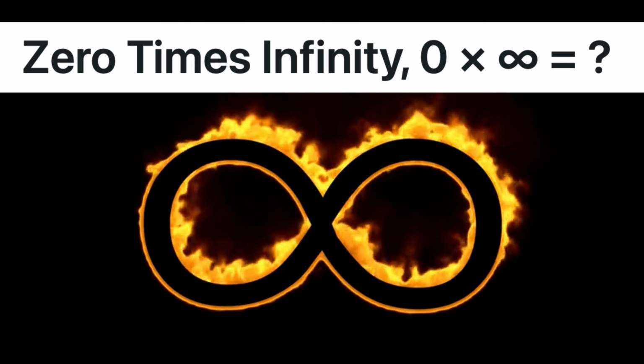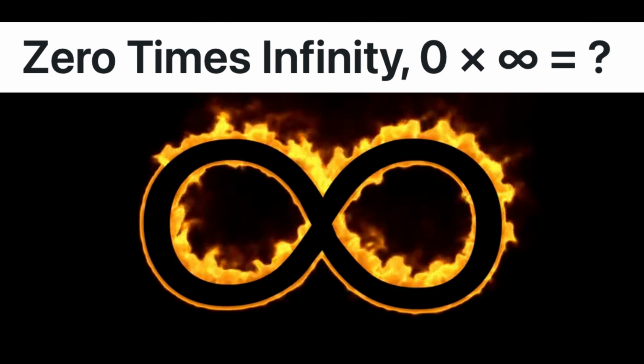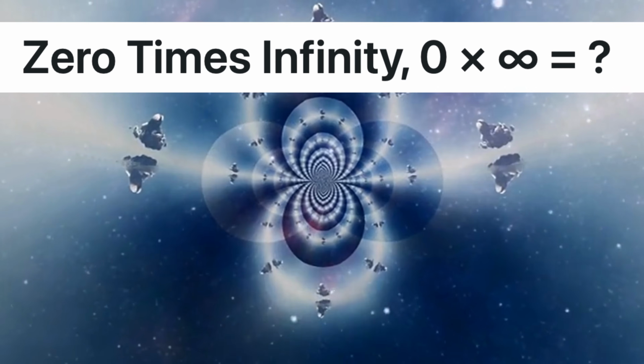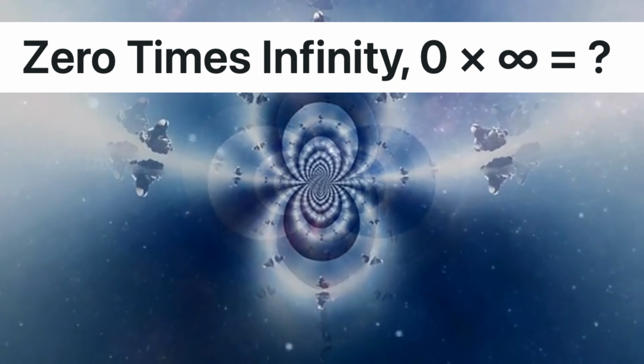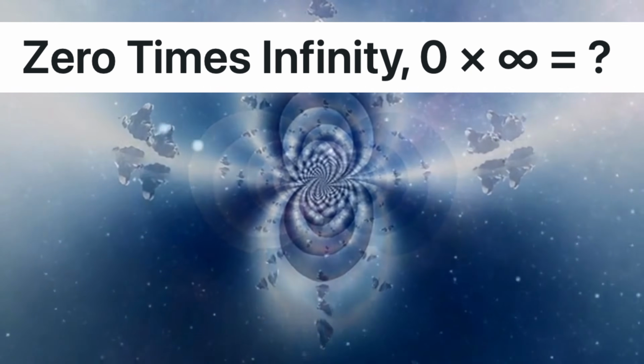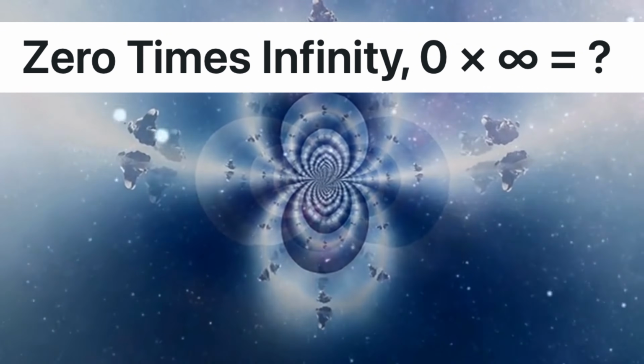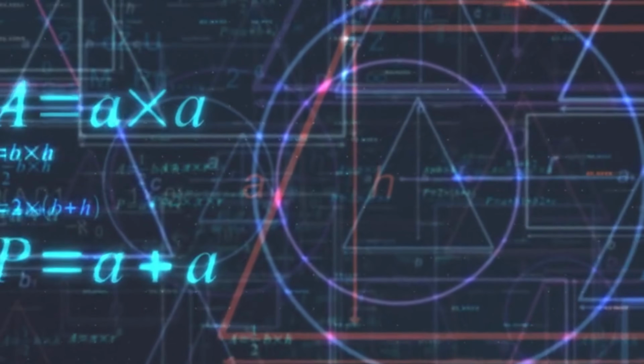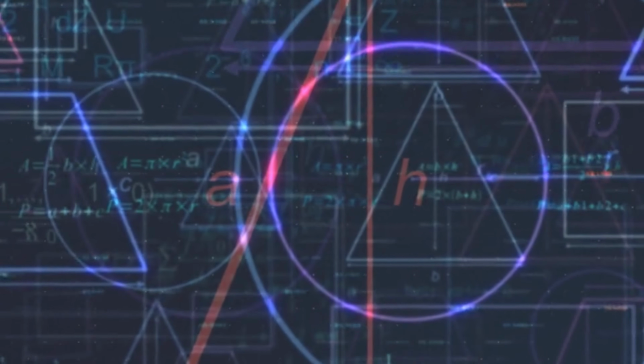The concept of 0 times infinity is one of the most intriguing and perplexing topics in mathematics, blending the abstract ideas of nothingness and boundlessness. At first glance, the expression seems paradoxical. 0 represents the absence of quantity, while infinity represents something without a limit. We'll explore the mathematical interpretations of 0 times infinity primarily through the lens of calculus and examine the philosophical implications